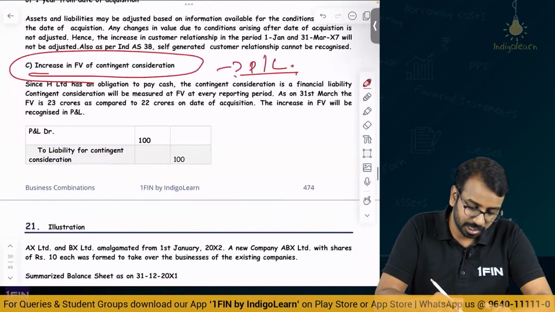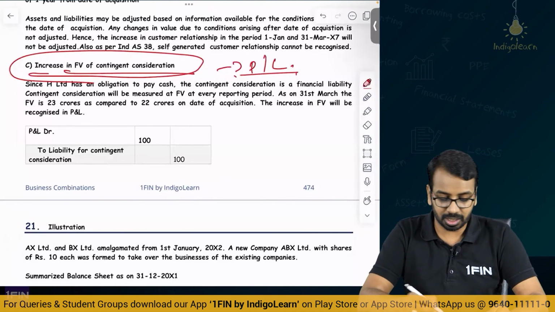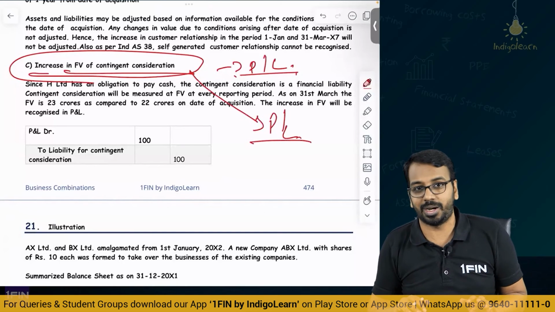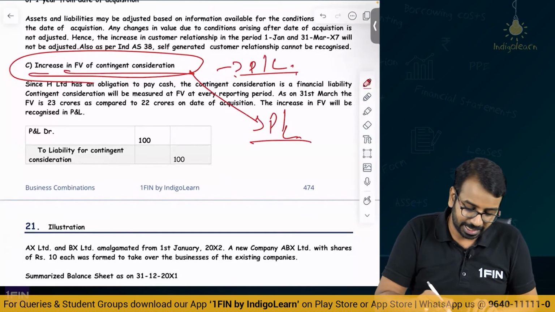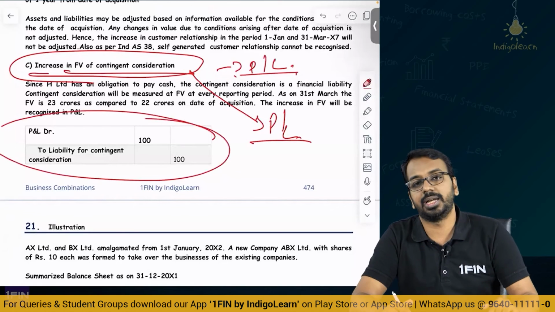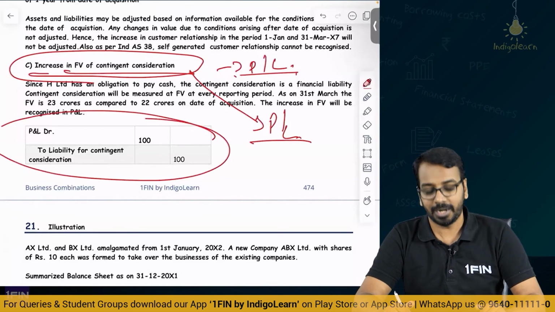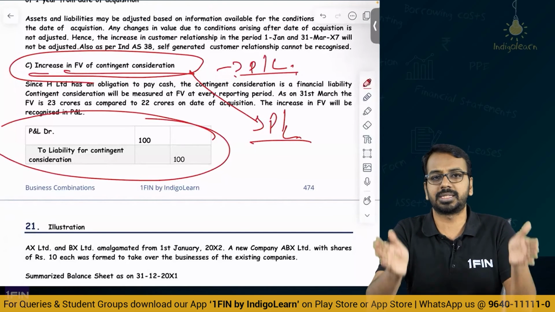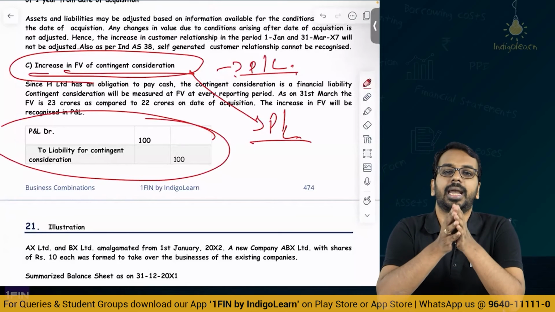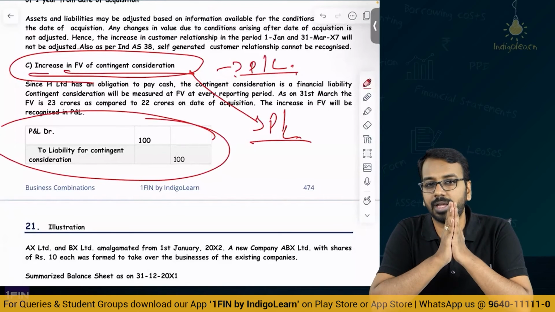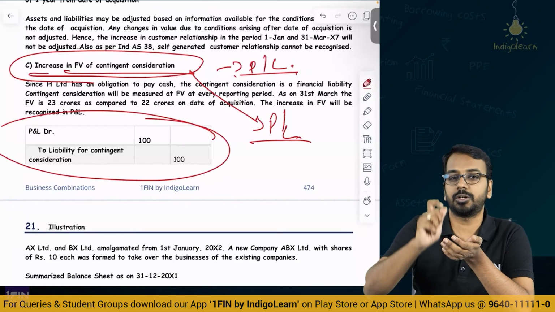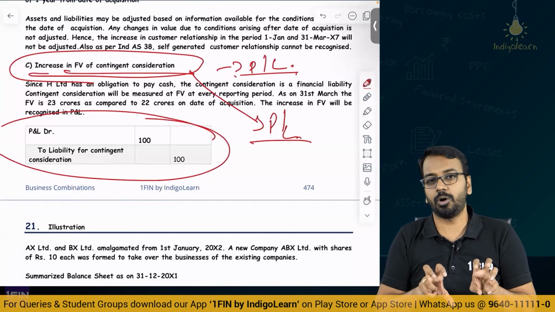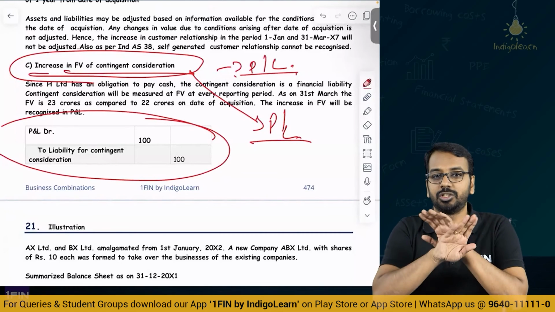Perfect? Very good. Next. Increase in fair value of contingent consideration, this will be taken to P&L. Don't think of this as a measurement period adjustment. You will not do any adjustment to goodwill. Directly you will take it to P&L and adjust the contingent consideration. Now, these two questions that we have discussed cover almost all the adjustments that can come in the examination. Be very careful in handling the purchase consideration, the NCI component and calculation of goodwill or capital reserve. Plot all these working notes correctly in the balance sheet, and your problem will be done.